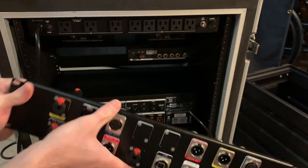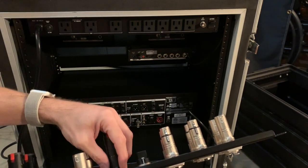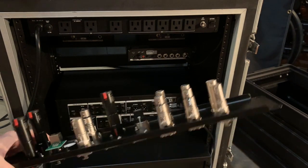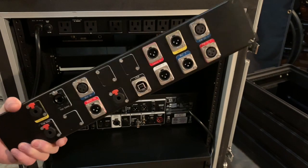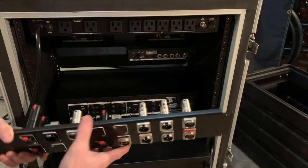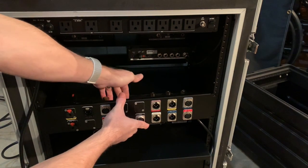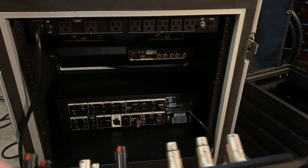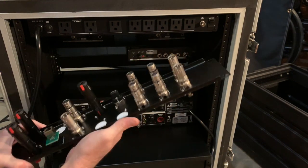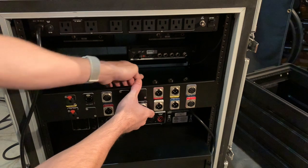as cool as this patch panel is and as handy as it is, by having these types of connectors as opposed to the kind where you solder the wires on and make your own cables, I hate making my own cables. It's just a pain in the ass. It's not something I find enjoyable. So I went with these, but I knew that these would stick out further, and I can't mount it down here where the Helix is because there's no clearance to plug anything in here. So what this means is with this panel, I need to mount it above where the Helix is, just so I've got the clearance behind here